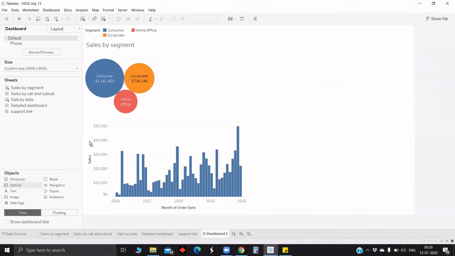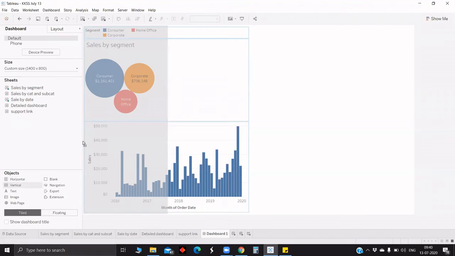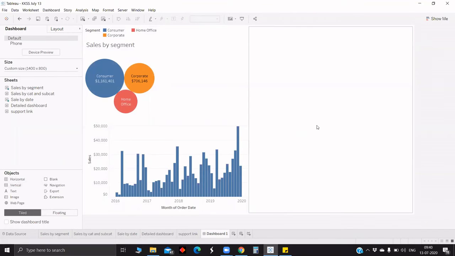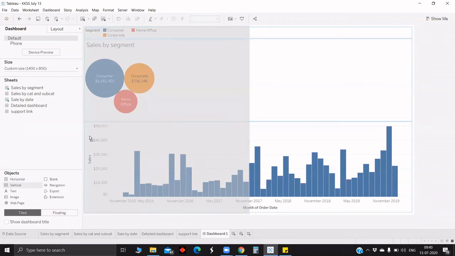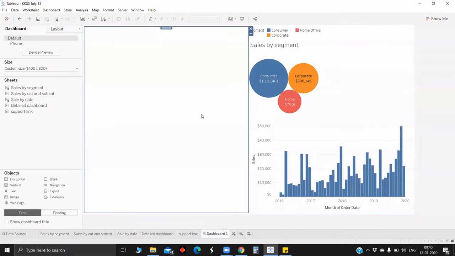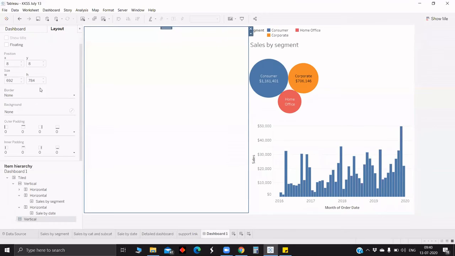So basically the idea behind this is, when you pull the vertical, the shading which shows will say where you want the vertical or horizontal. It tells you about the shading before the container comes. Whenever you pull your horizontal or vertical, there will be a shading which shows, not approximately but exactly, where the container which you are trying to put will come. So now, since we pulled the vertical and the shading was in the entire region, we got the new vertical beside the existing vertical. Maybe if you would like to look deeper, then if you click the layout screen, you can see the positioning of vertical and horizontal.